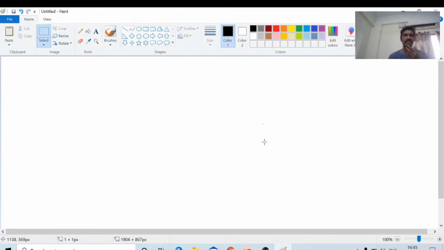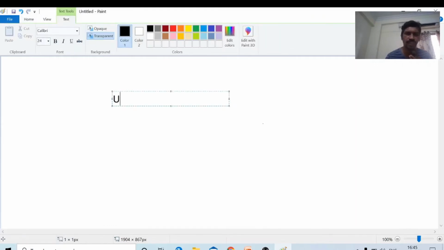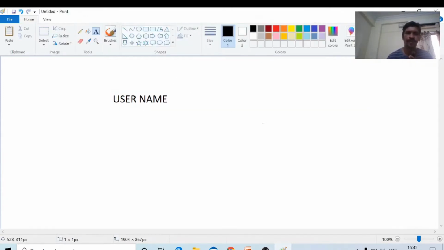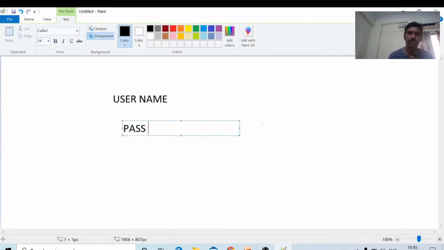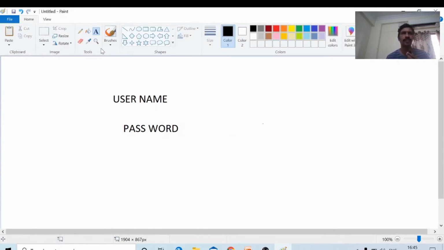Now we will see the design of an HTML form which contains the following fields. First one, username, one text box. Next one, password, one text box. Next one, button. We will write one box here. Okay, one submit button. If we click the submit button, it will come. We will design a form like this. This is the first program on forms.